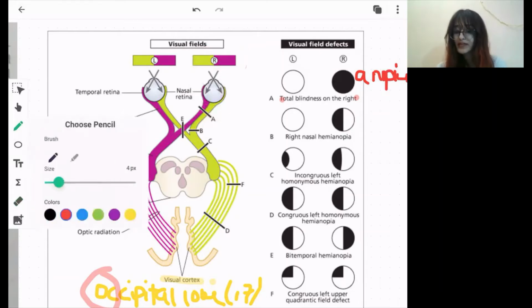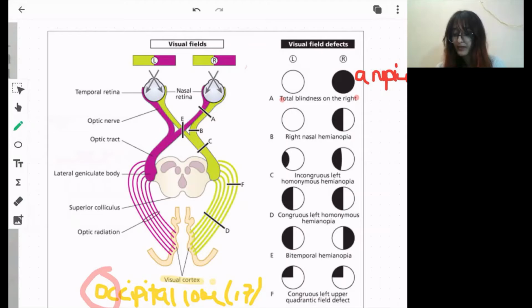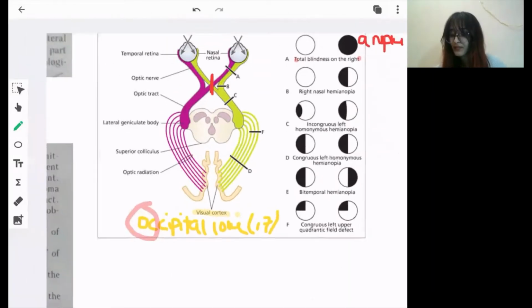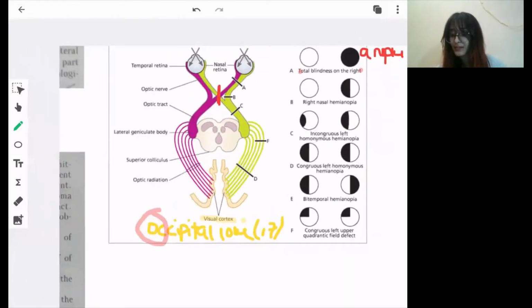And now, if there's a defect in the optic chiasma, you can see only the nerve fibers from the medial half of the retina were crossing here, and the medial half of the retina was receiving from the opposite visual field. That is the temporal visual field. So what will be the visual field effect? That is the bitemporal hemianopia. It is probably the most asked one in CROC. Bitemporal hemianopia, or also called heteronymous hemianopia.